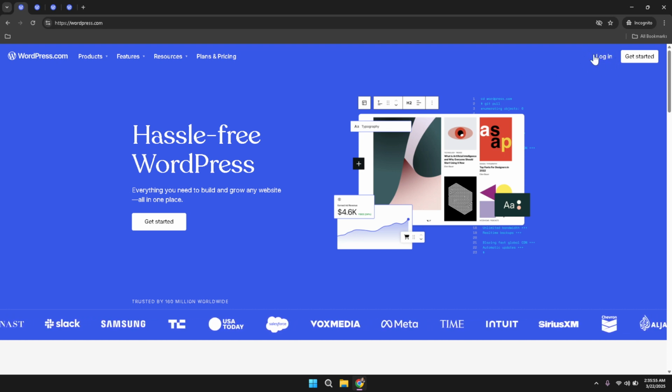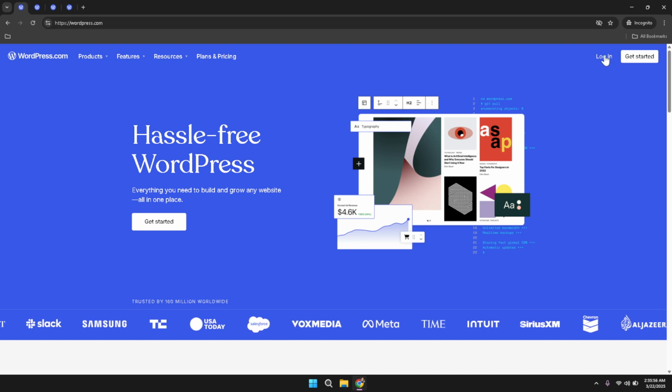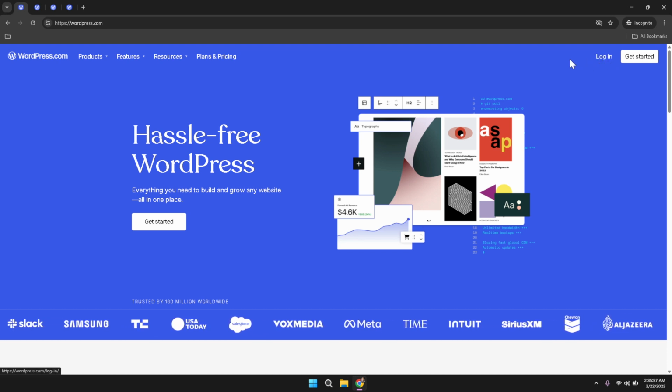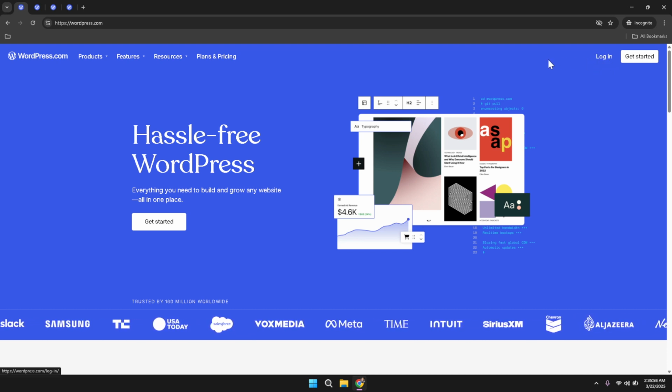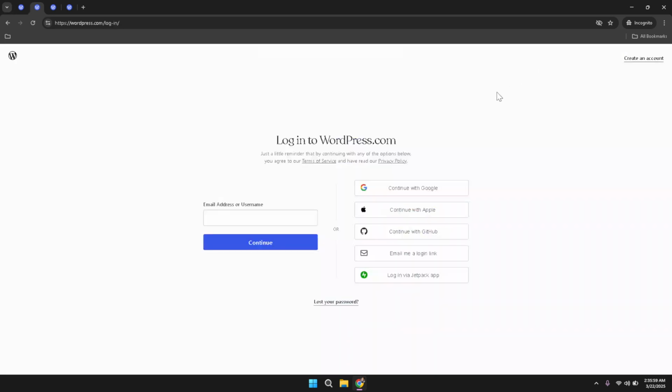Once you click the login option, a variety of sign-in methods will be presented. For this tutorial, select the option that says Continue with Google. Using your Google account can simplify the sign-in process, and it helps ensure that your login is both secure and efficient. After you choose to continue with Google, you will be prompted to select the Google account you wish to use. Make sure to choose the account that is linked to your WordPress site or that you intend to use